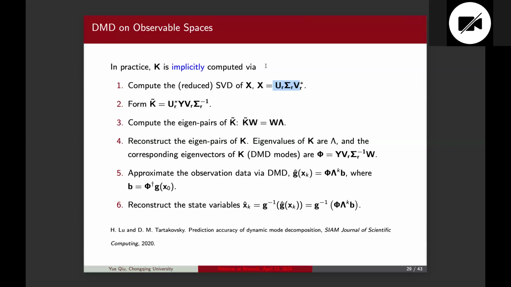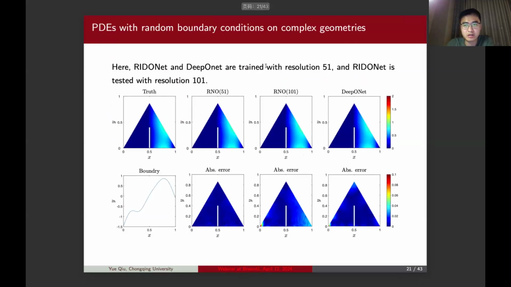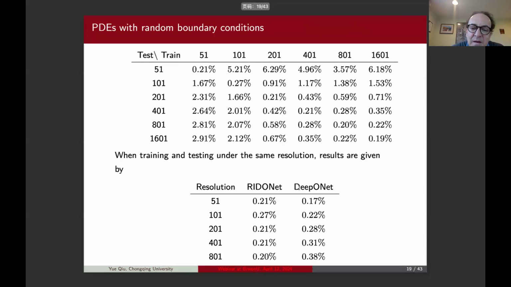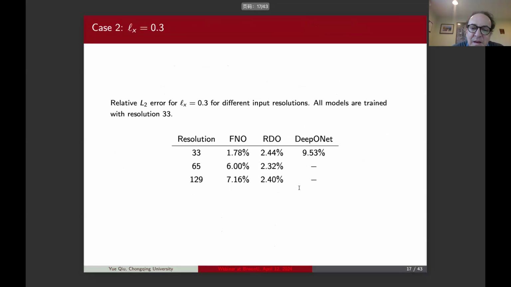You said that your results also show that FNO is not resolution invariant. Yes, I think especially for complicated problems, when we train with the lowest resolution. If you go back, can you go back to the previous one? You mean this one? No, the FNO. I was interested to see here, for example. You see, it's not resolution independent.